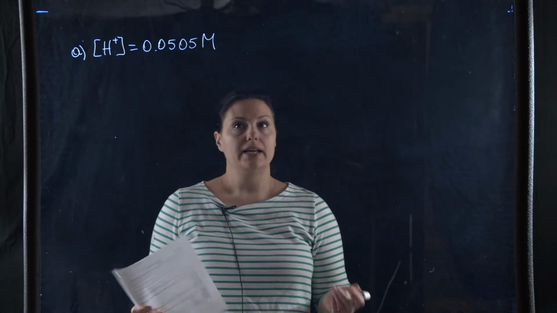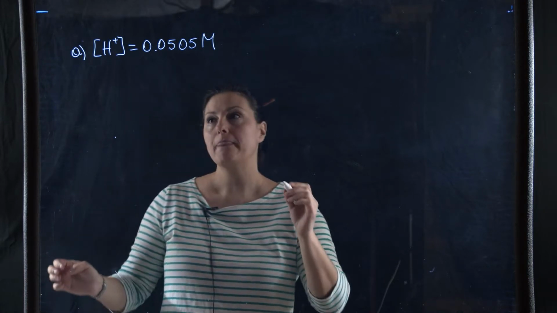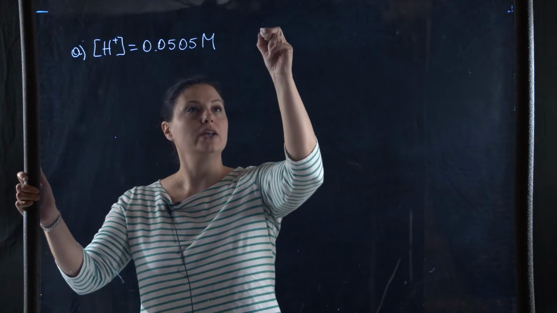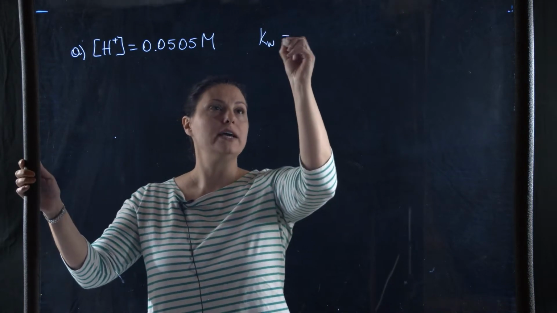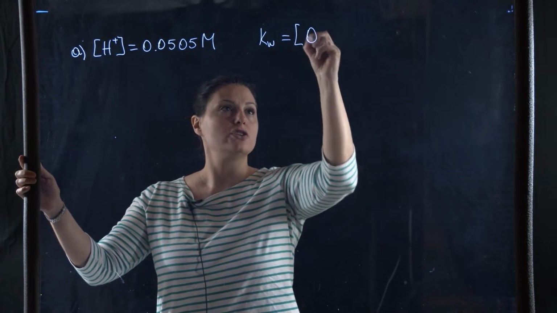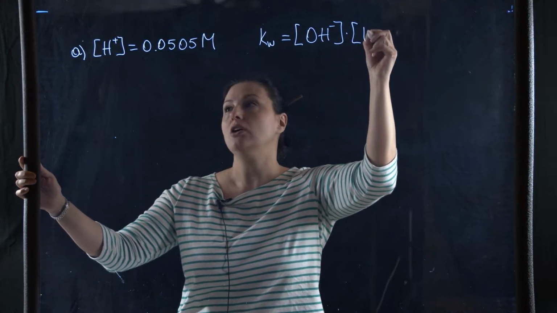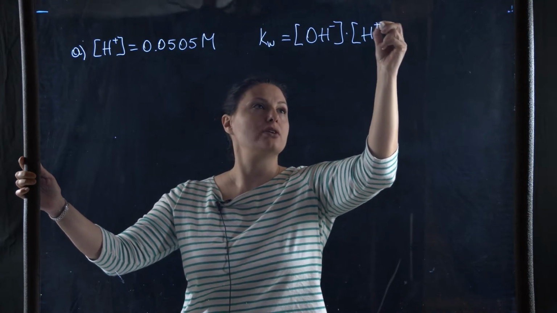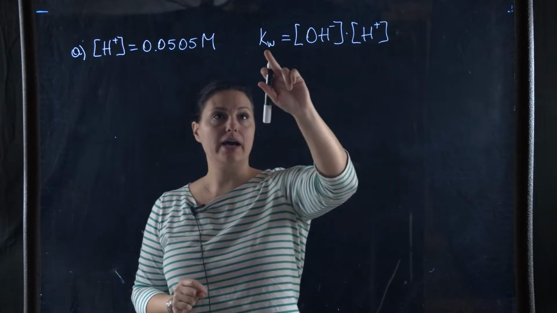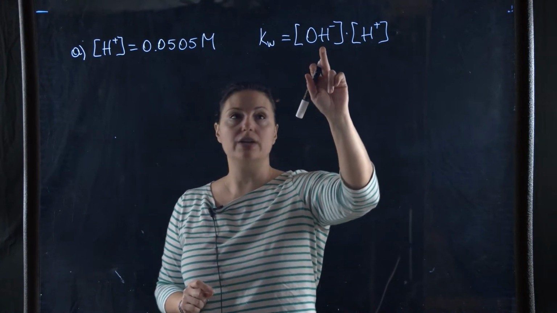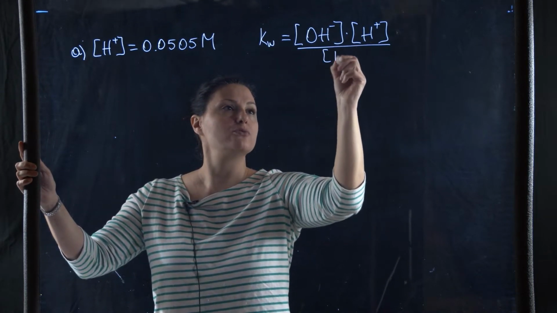The first thing that I need to calculate the OH concentration is the formula for Kw. I know that Kw, or the auto ionization constant for water, is equal to the concentration of OH minus in solution times the concentration of H plus or H3O plus. You can see it in both ways. Okay, I know what H plus is. I know what Kw is. I don't know what OH minus is, but I can find it out. So if I divide both sides by the H plus concentration,